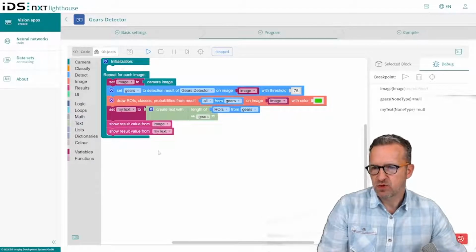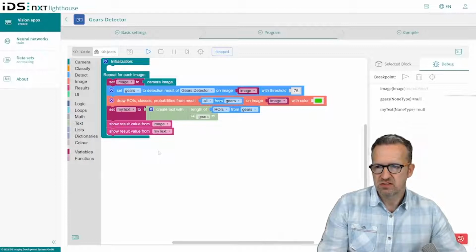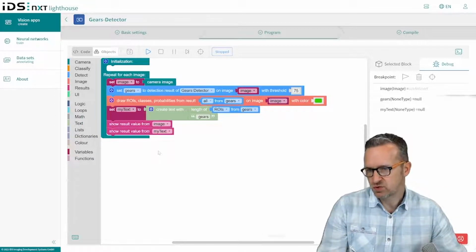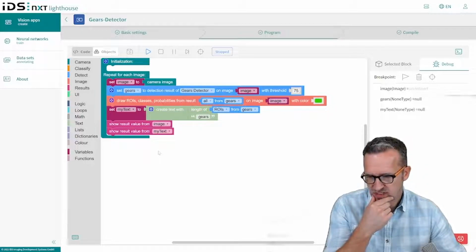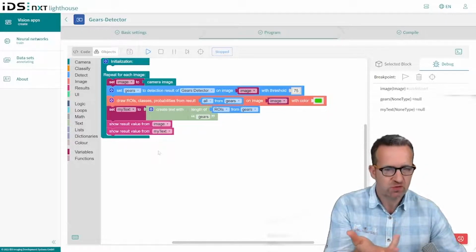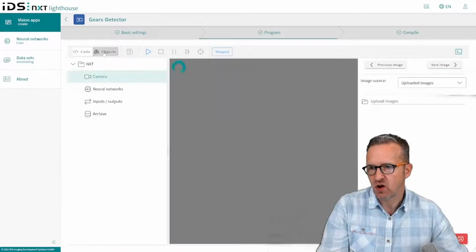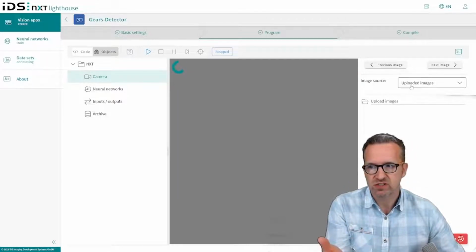So at this point, we want to make sure that the app is running when we download it and put it on the camera. But what can we do? We are still in the cloud and we have no cameras active here. So the possibility is to go in the Objects tab, and here in the camera we have the possibility to upload some images that we could use